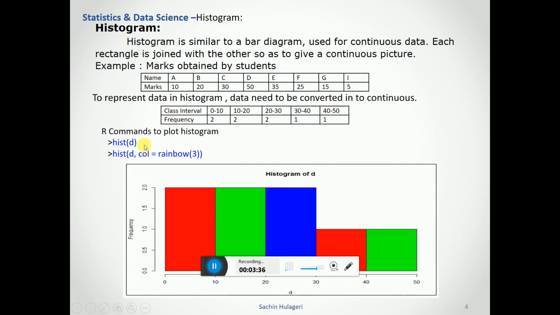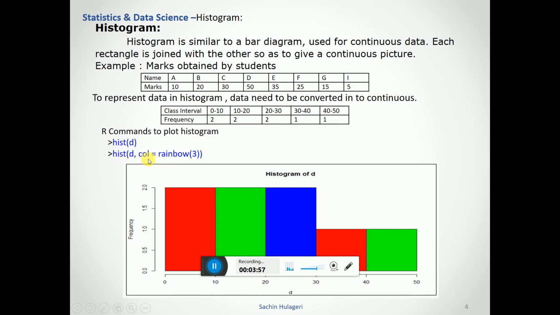When we represent the histogram, we'll use a command called hist with the data in the bracket. We are going to pass the same data set D that we used in the previous bar chart.